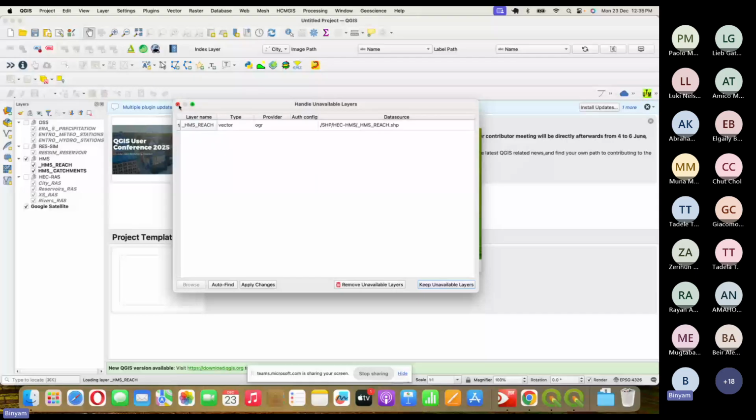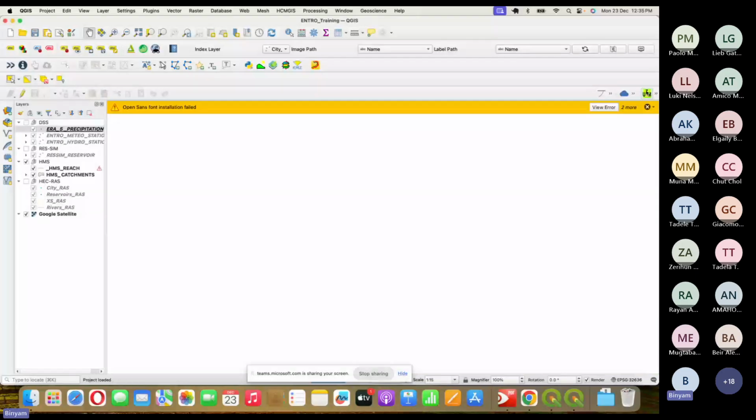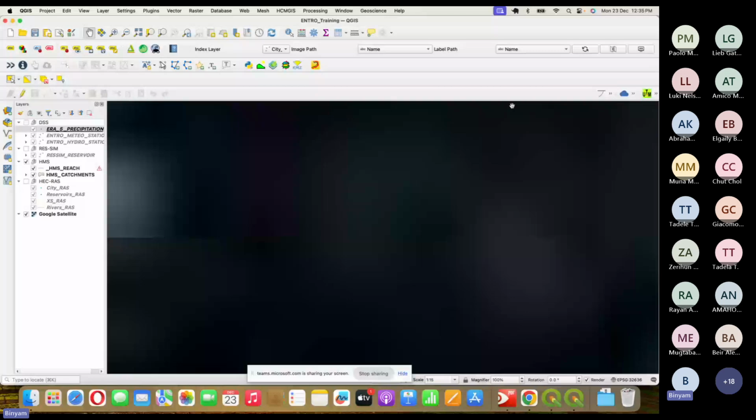So if you want to keep unavailable layers, you can keep them, you see. So this is a QGIS file in my case. You can check all the files. I just directly opened from